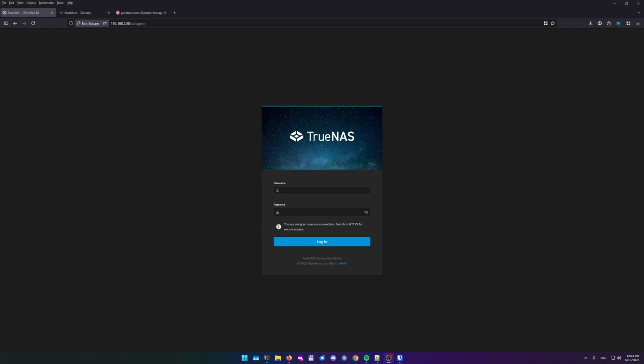Hey, Zets here. Today I'll show you how you can set up Tailscale with a custom domain and HTTPS on TrueNAS Scale 25.04. So let's go ahead. We'll log into TrueNAS first,